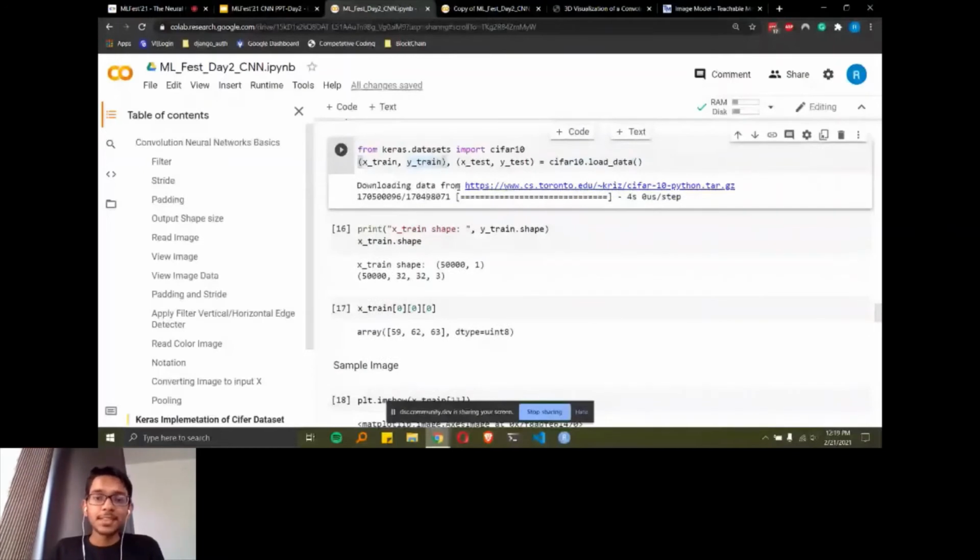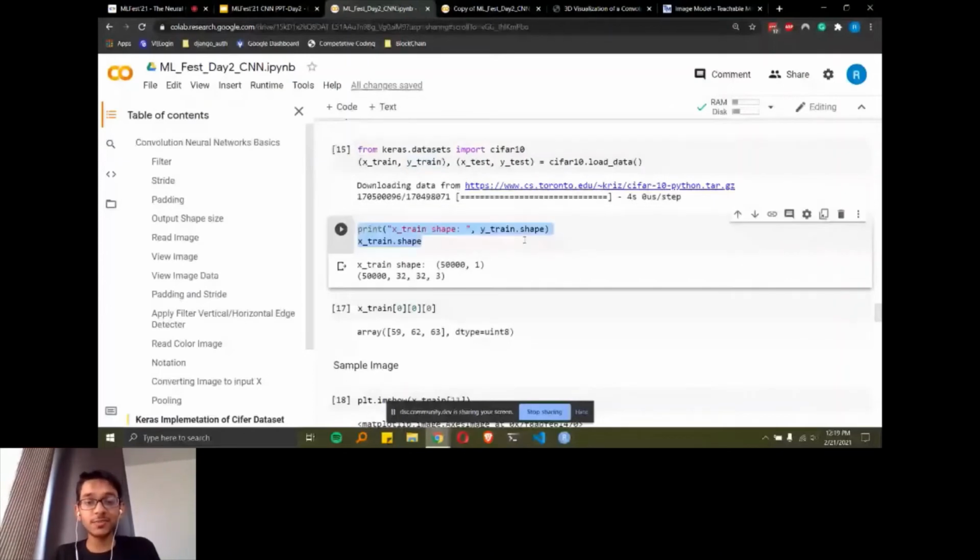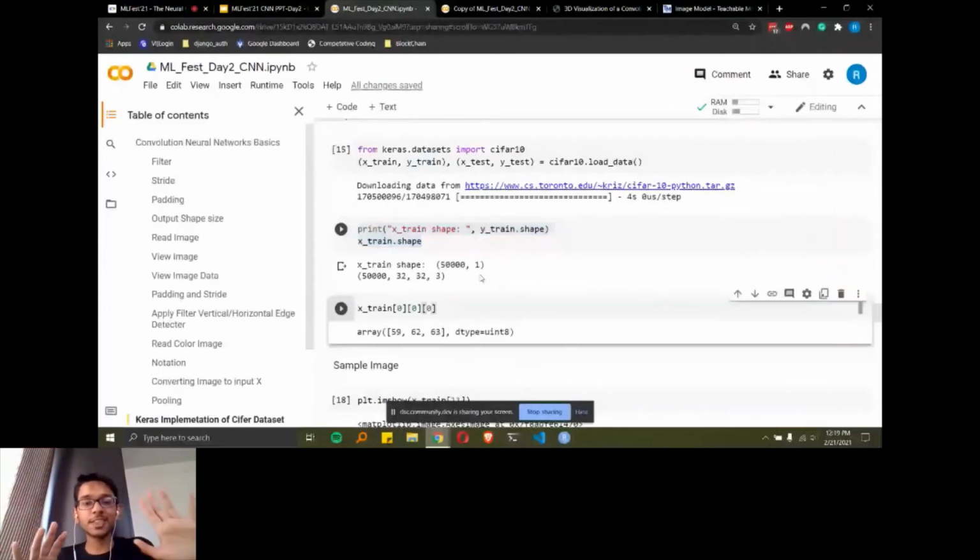Now what we'll do is print out the shape of the training data as well as the testing data. We have a lot of data in this, like 50,000 training examples as well as 10,000 testing examples. We have like 60,000 images. We have just downloaded this inbuilt dataset which Keras provides. Now we are printing a random image and showing it. You can see there, it's a horse, on which a girl is sitting maybe.